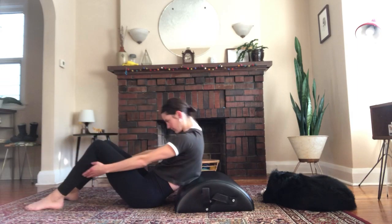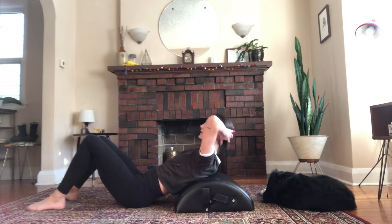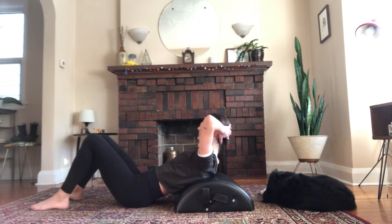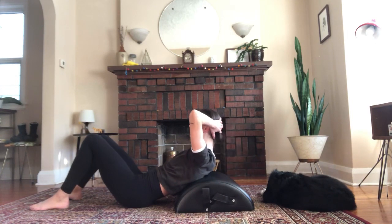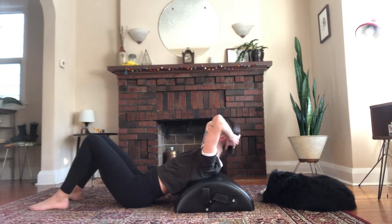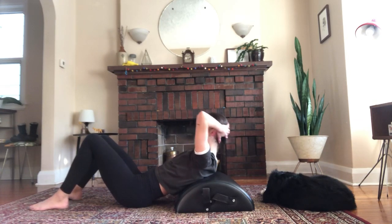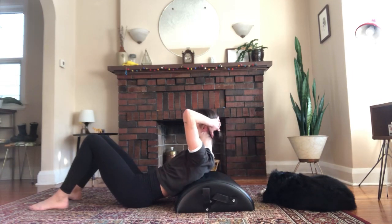Now roll all the way down and place your hands behind your head. You're going to exhale, curl forward, and then inhale, wrap your body around the back of the barrel. And you can find the sweet spot. So where your body's connected to the barrel should be a really great leverage point. So somewhere just underneath the shoulder blades is a great place to be able to push from in order to